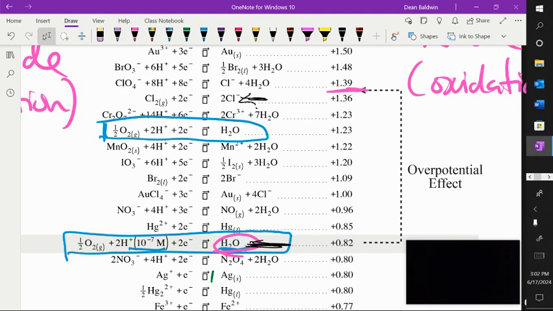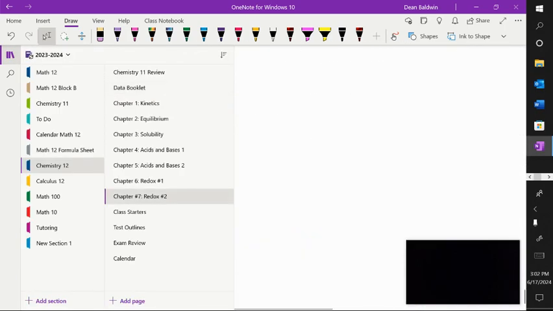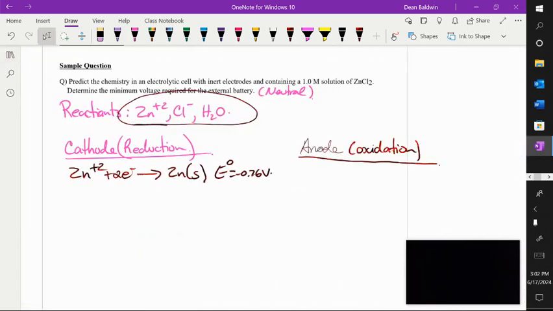Okay, so the chlorine gets oxidized to chlorine gas. So it's 2Cl minus gives chlorine gas plus 2 electrons. And the E naught reduction potential,